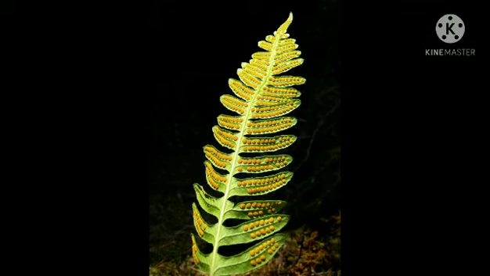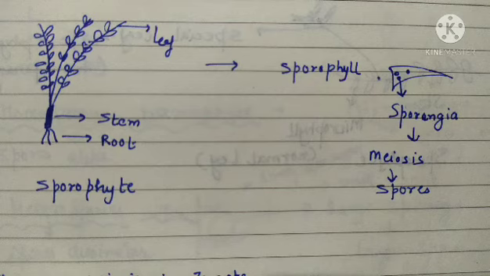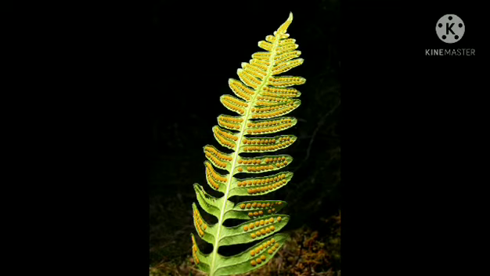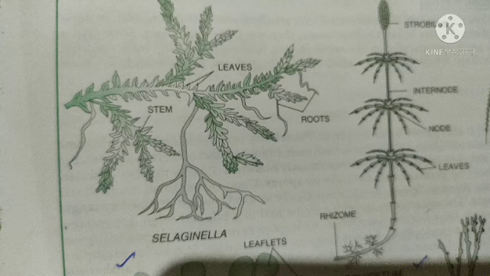So dear students, you are observing here on the leaf, that is sporophyll, these brown colored structures are sporangia, which will bear spores. So this is the plant body, that is sporophyte, and the sporophyte has a special leaf known as sporophyll, and on the sporophyll there are sporangia. In this sporangia there will be meiosis division, which will lead to formation of spores. So the main plant body of pteridophyte is diploid, and spore formation will take place by meiosis, and